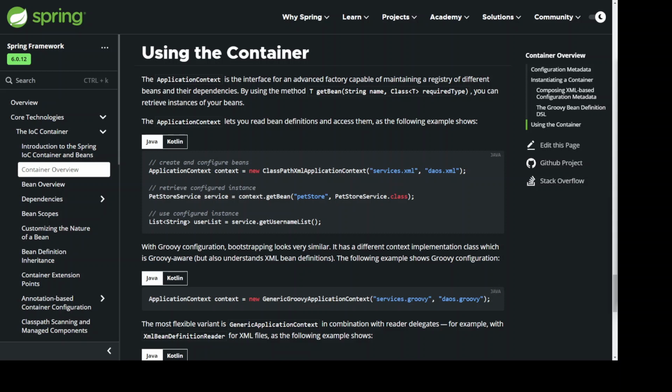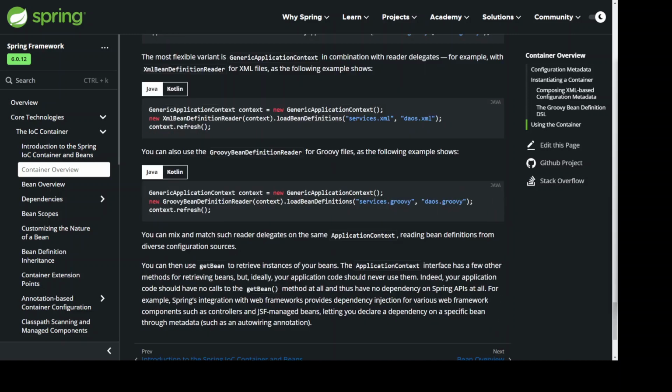The most flexible variant is GenericApplicationContext in combination with reader delegates, for example, with XmlBeanDefinitionReader for XML files, as the following example shows. GenericApplicationContext context = new GenericApplicationContext(); new XmlBeanDefinitionReader(context).loadBeanDefinitions("services.xml", "daos.xml"); context.refresh();